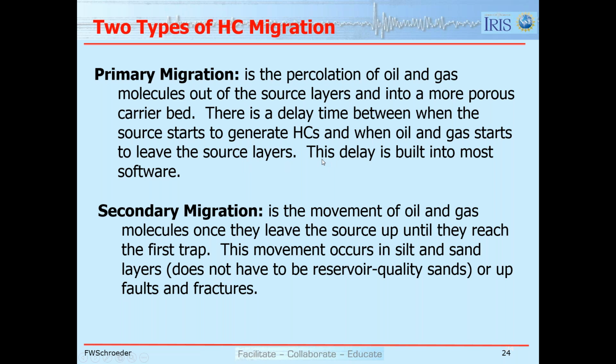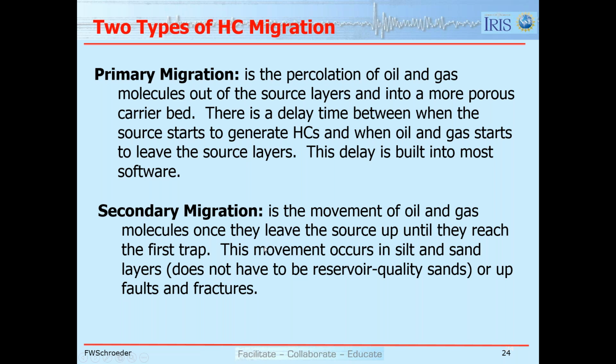And if you're using migration modeling software, this delay time is something that the user can set. So primary migration is getting out of the source rocks. Secondary migration is once it gets out of the source rocks, how does it get to where it is trapped in an economically